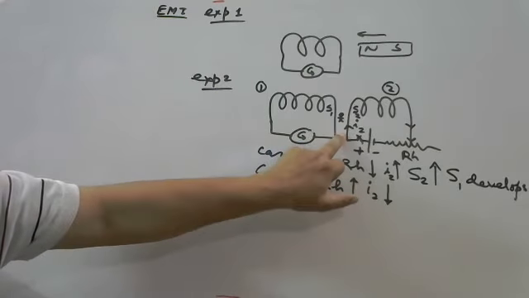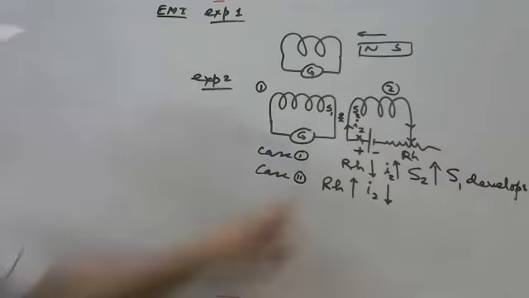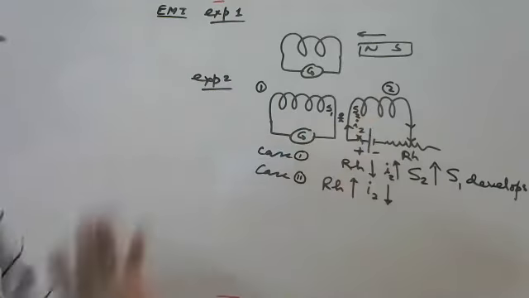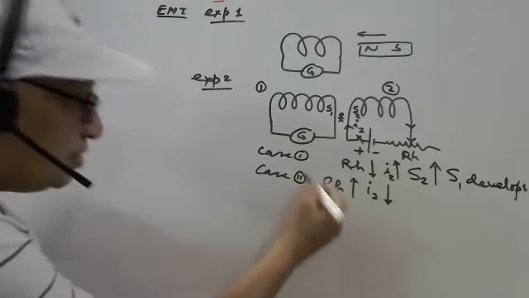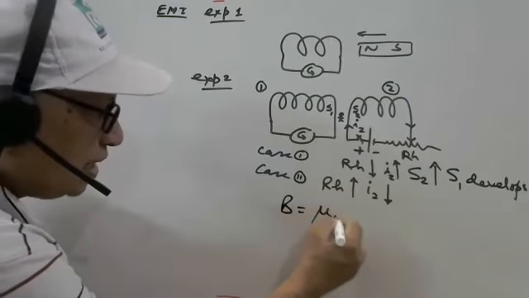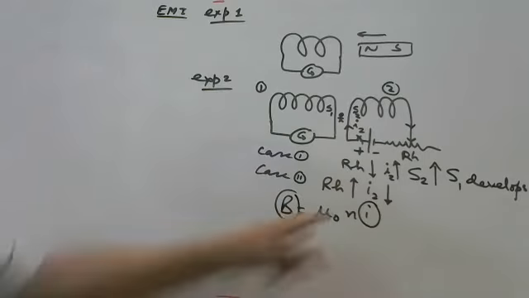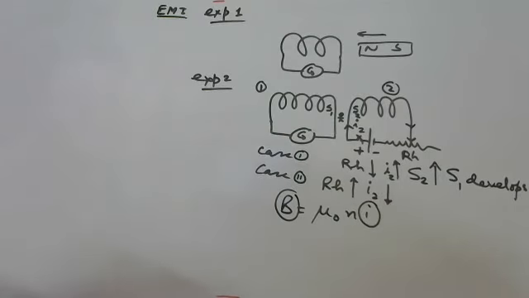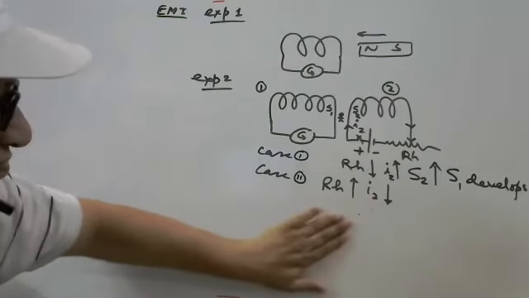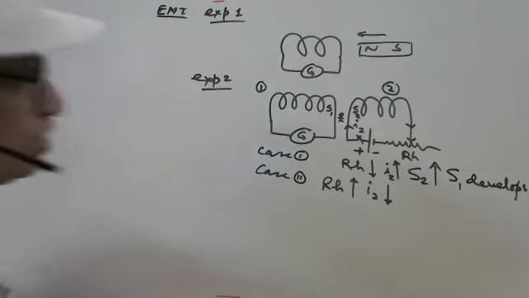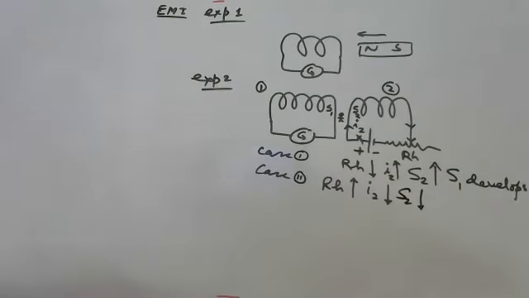Suppose I am or you are here, you can see in solenoid 2 clockwise current because of this polarity. So south pole develops, but because the current decreases, as per the formula we know, magnetic field here is mu naught N i. So here the magnetic field is directly proportional to current. If current decreases, south pole develops, but it is becoming weaker. So south pole develops in solenoid 2, but it is weaker, decreasing.